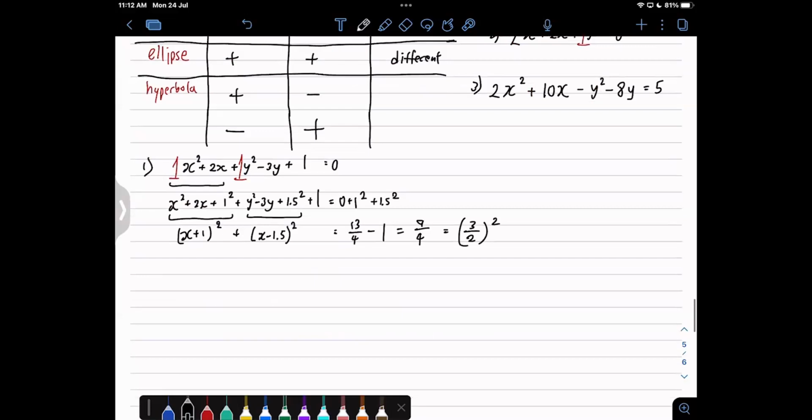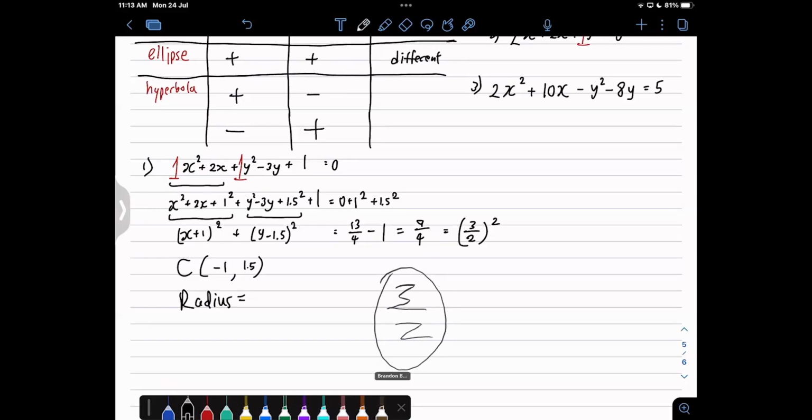Where's the center? What's the coordinates of the center? -1, 1.5. I realized I made a mistake here. It should be a y. Oops. Is that okay so far? And the radius equals what? 3 over 2. Then you just draw the circle. Okay, so plot point. Plot the center. -1, 1.5. Then if this is radius 3 over 2, that will be